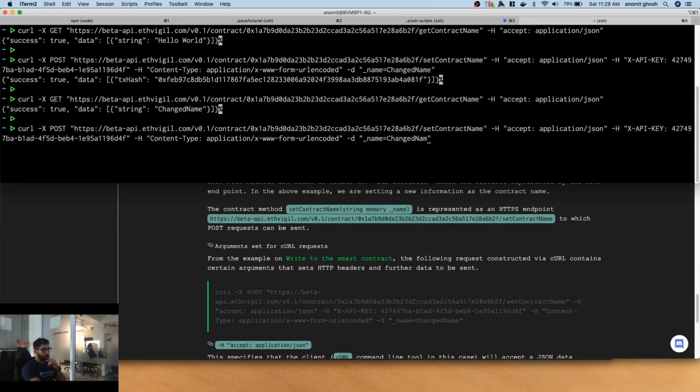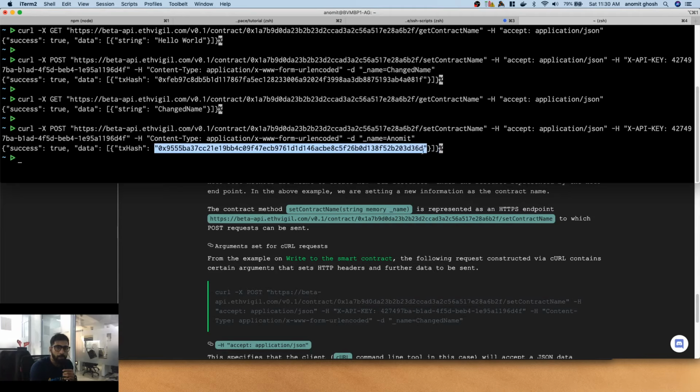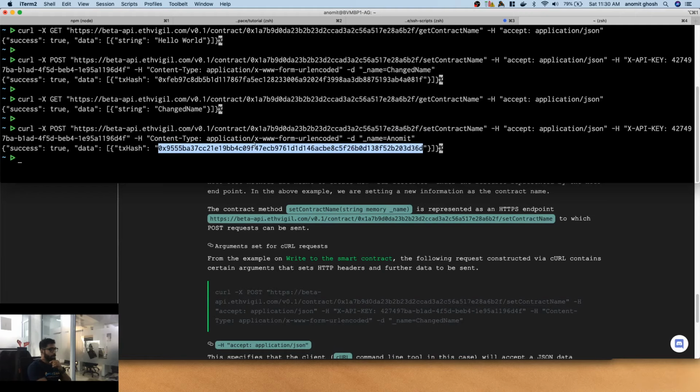So instead of change name, I can, let's say, write Anumit, and we can see there is a transaction hash that has come through once more, right? This is not part of the tutorial, I just wanted to show you what's going on, right? So we can see there is a transaction hash returned against set contract name,